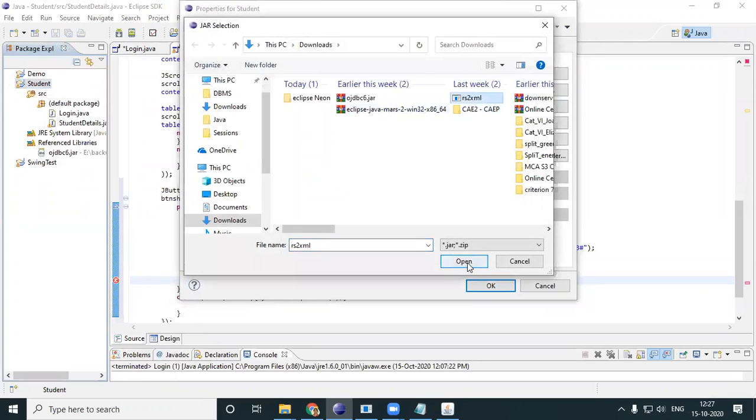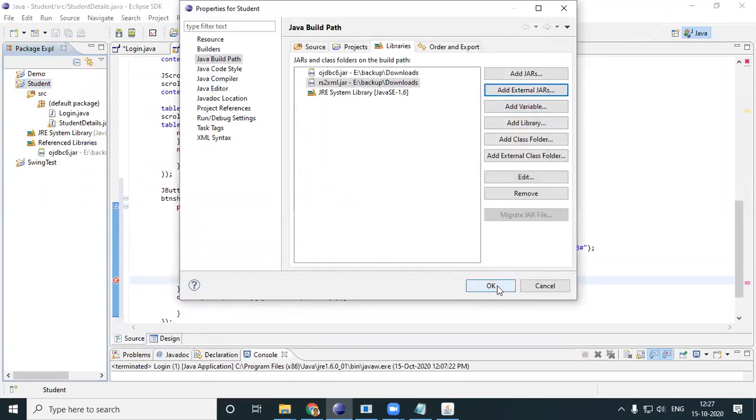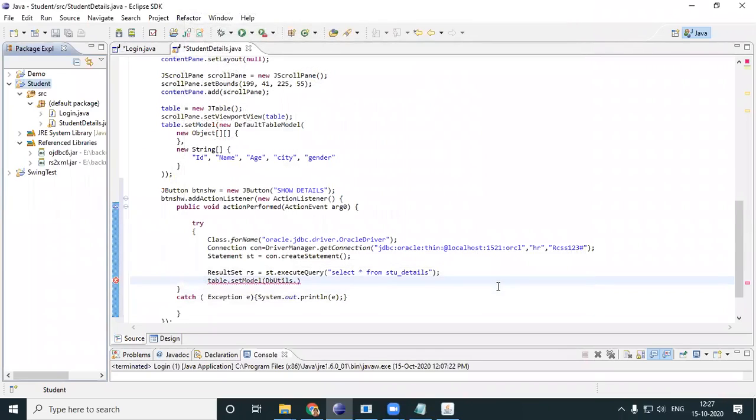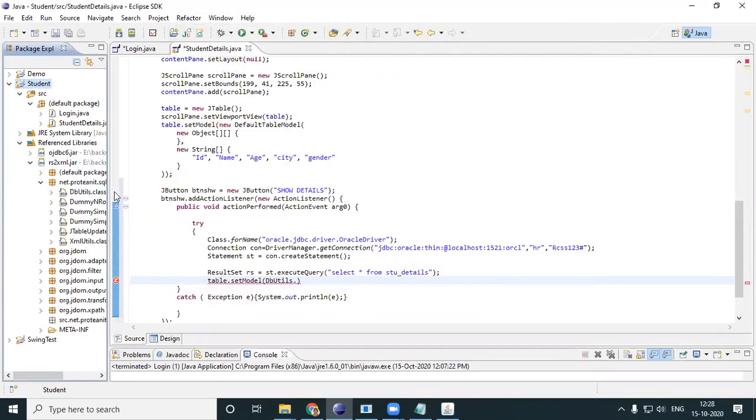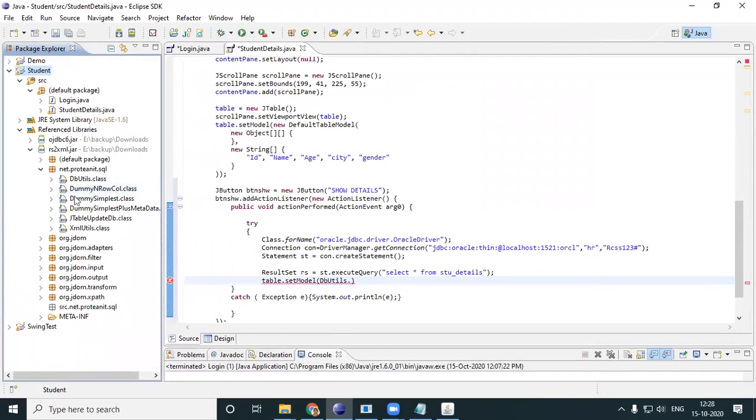I did not do all that, because this is my new Eclipse. I did not install all that. Okay, rs2 XML. See this particular thing, DB utils. Conversion from a result set to a table is done by this particular package, DB utils.